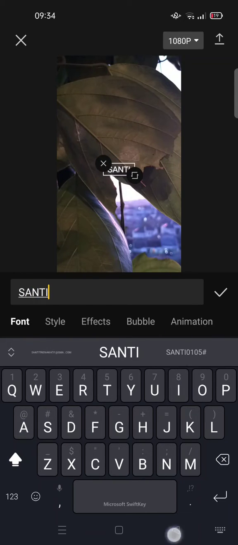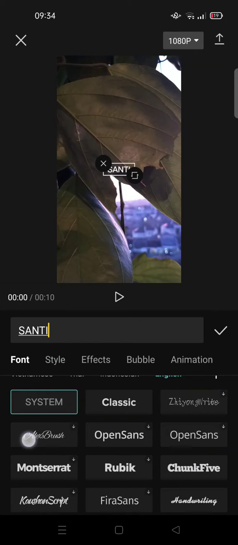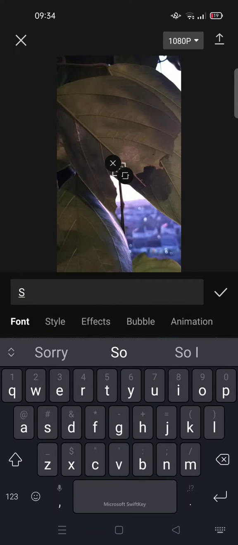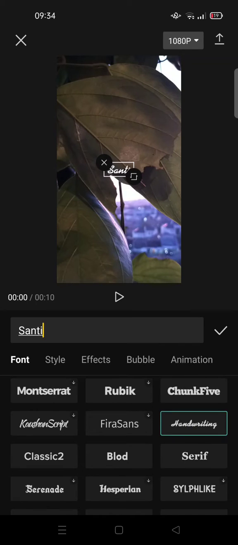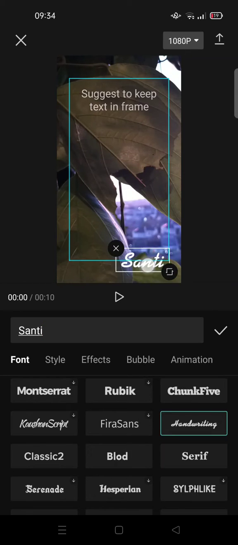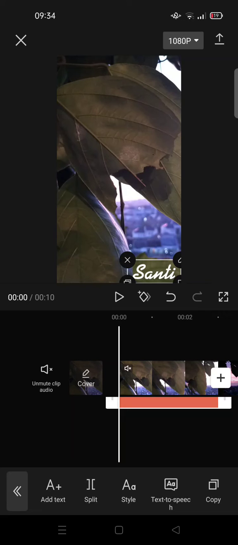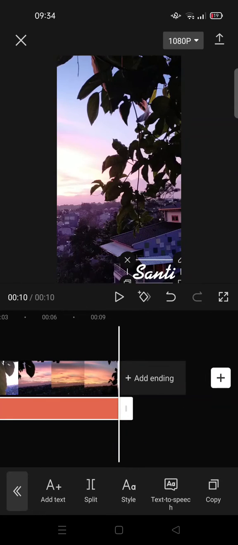watermark, and I'm going to change the font first. Okay, I'm going to not make it capital, so I'm going to change it. Okay, so for example like this, and I'm going to put it at the bottom like so. And to make it transparent, so I'm going to set it for the whole video to the watermark like this,